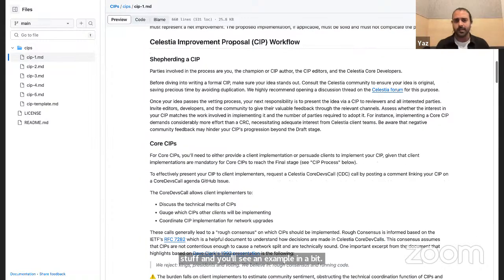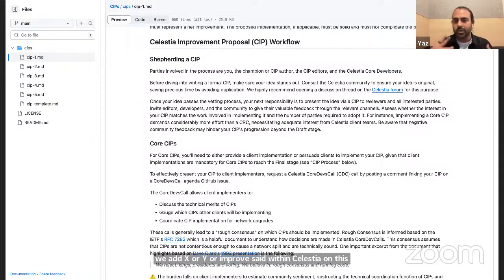So the workflow around the Celestia improvement proposals: you want to shepherd a CIP. Let's say you have an idea or proposal. The best place to start, especially if you're not talking to other core devs, especially people on this call, would be the forums, right? You post an idea like, hey, what if we add X or Y or improve Z within Celestia on this specific layer?